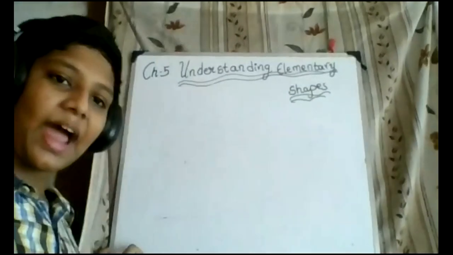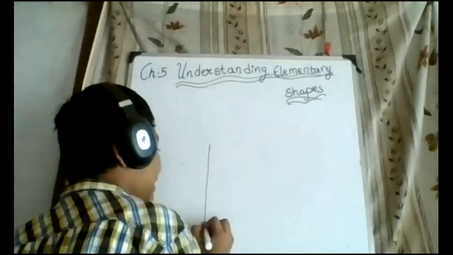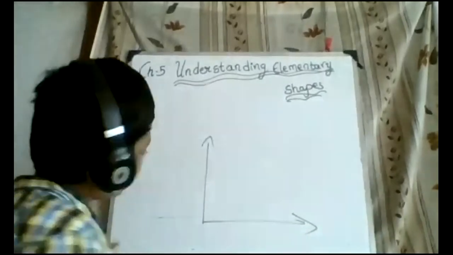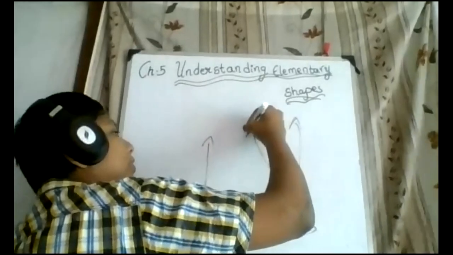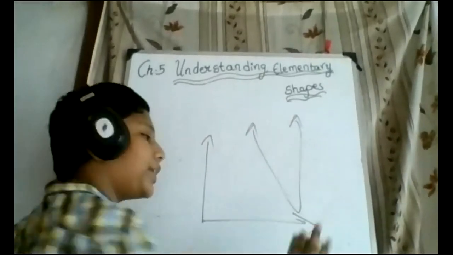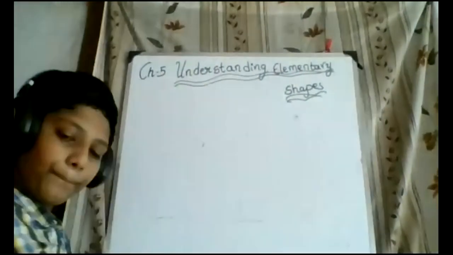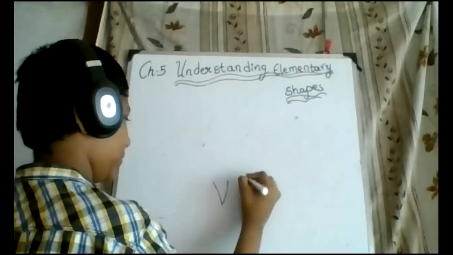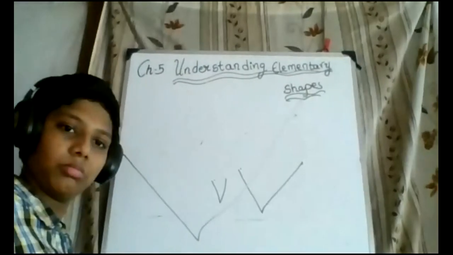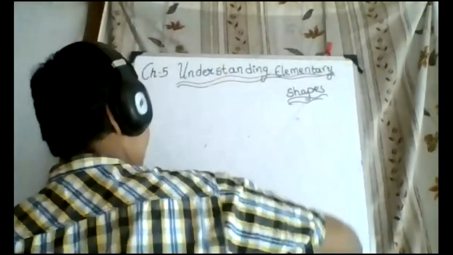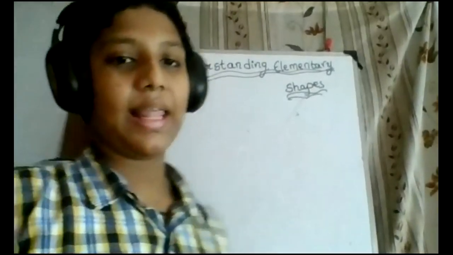And next, we saw the letter L. Normally we will write it like this only. It will be 90 degrees. And the letter V. This will depend on how broad a V you write. Some people write V like this, some people write V like this, some people write V like this also. Based on the size of V, we can determine the angle. Now you have got a perfect imaginary picture.